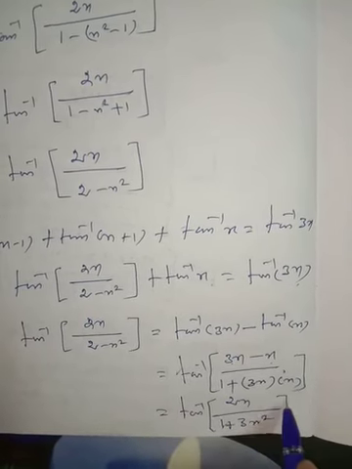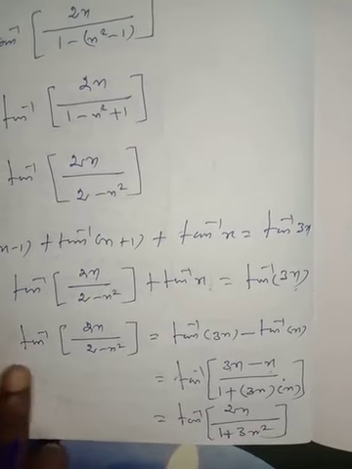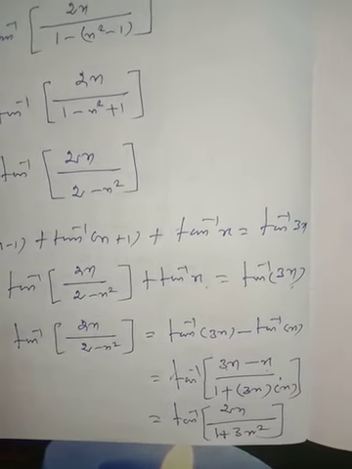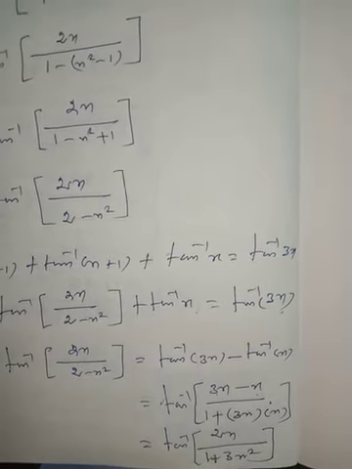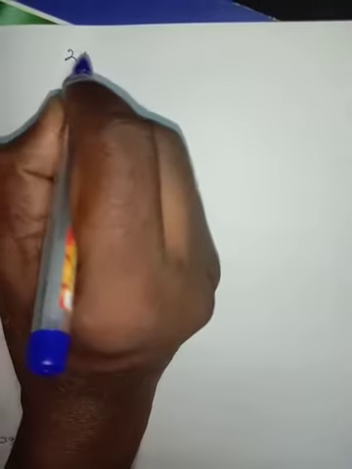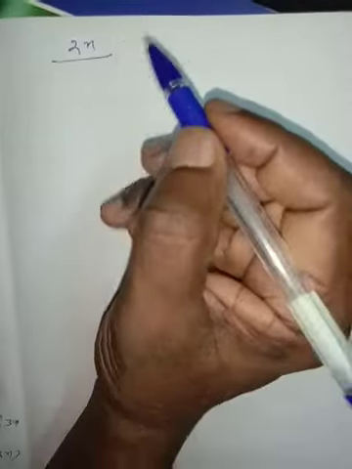Now left hand side and right hand side are tan inverse of something is equal to tan inverse of something. Therefore, taking tan on both sides, we get 2x divided by 2 minus x square